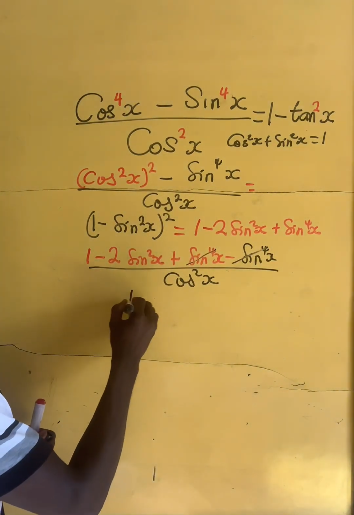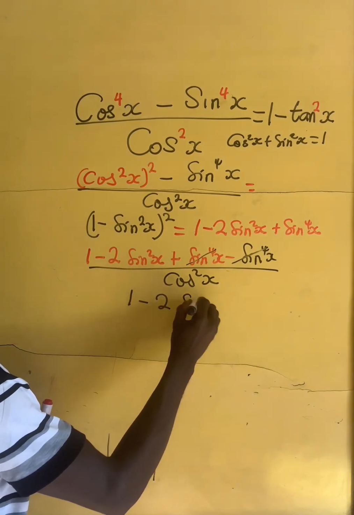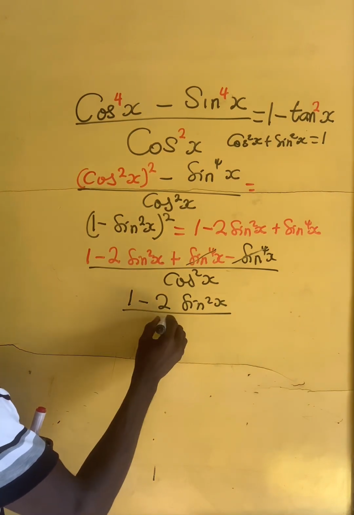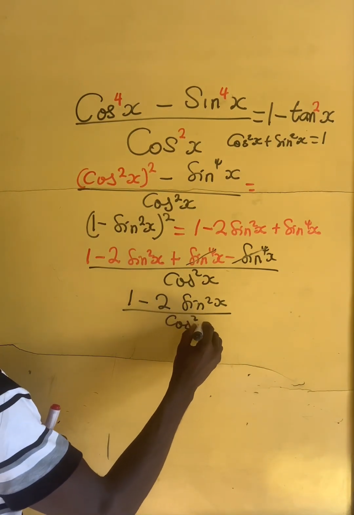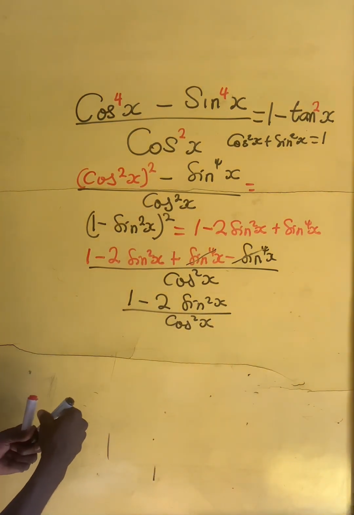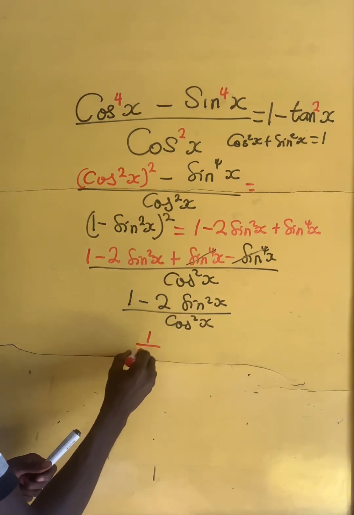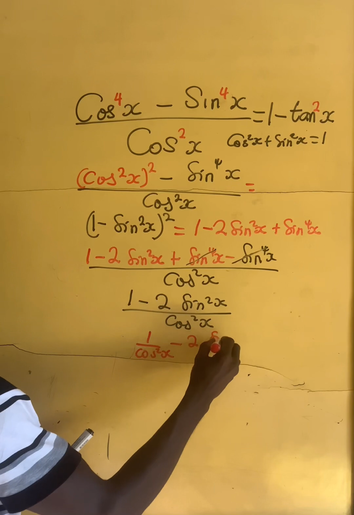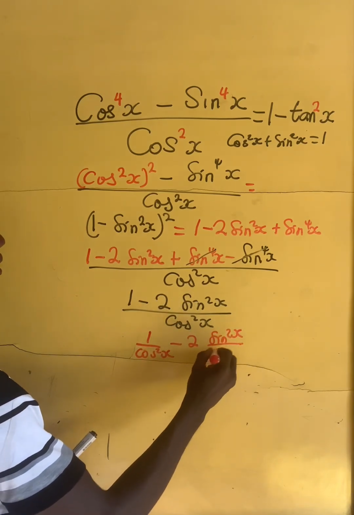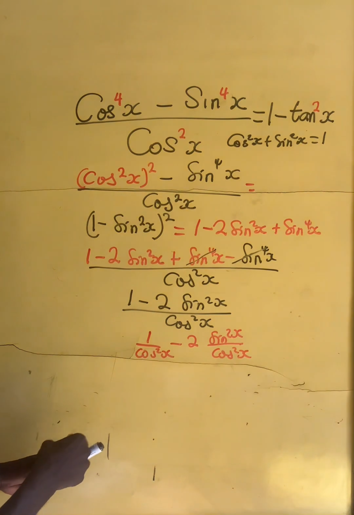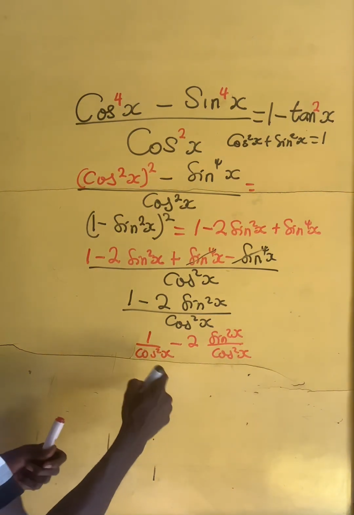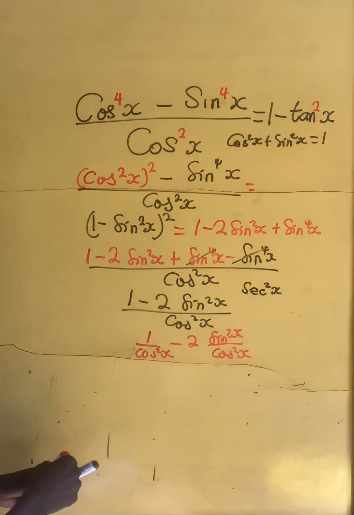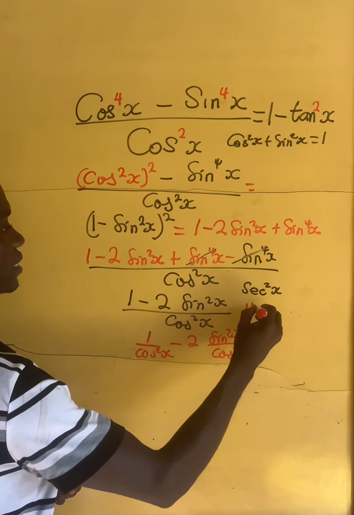So we have 1 minus 2 sine squared of x, all divided by cosine squared of x. And this can be simply 1 divided by cosine squared of x, minus 2 sine squared of x divided by cosine squared of x. Now this is simply secant squared of x. And we know that 1 plus